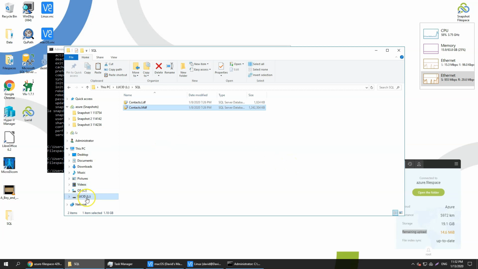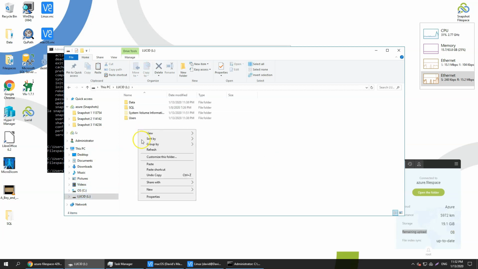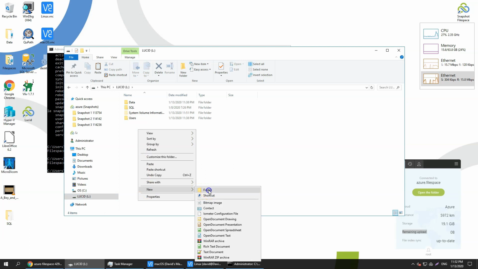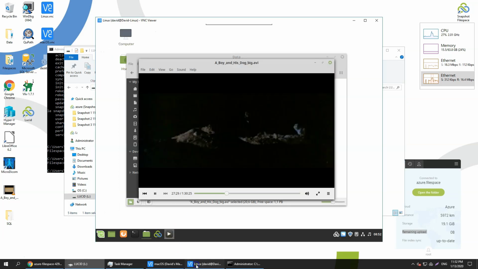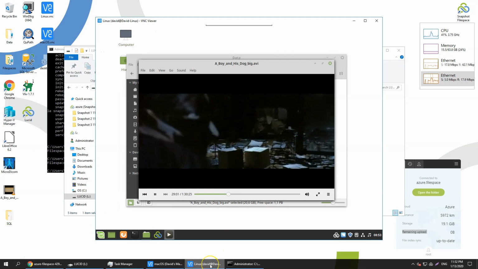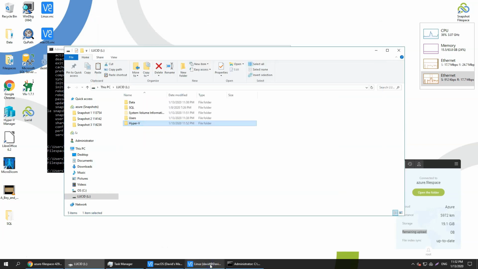I'm also going to create a very high transactional workload. So I'll set that up now. I'll create a Hyper-V folder. This Hyper-V folder is where I'm going to install a virtual machine. So we're going to have a SQL workload, a virtual machine. Meanwhile, on our Linux machine, we're playing a movie out of the same file space and Azure Blob storage account across different operating systems. Let's open up Hyper-V Manager